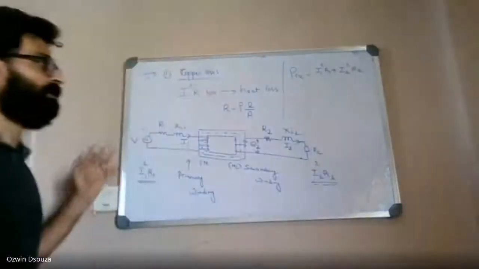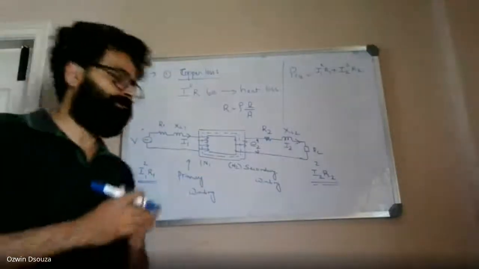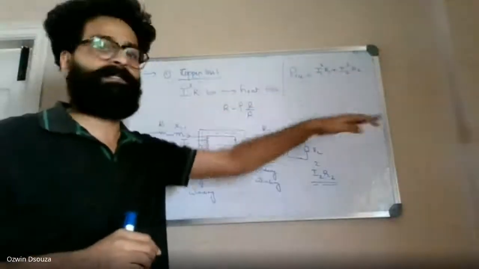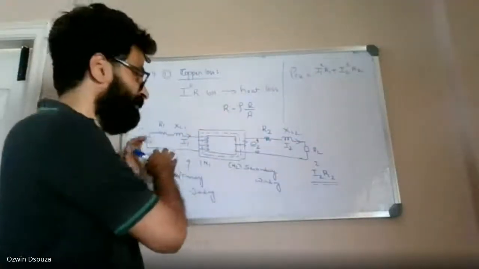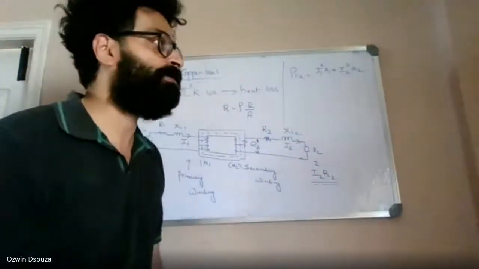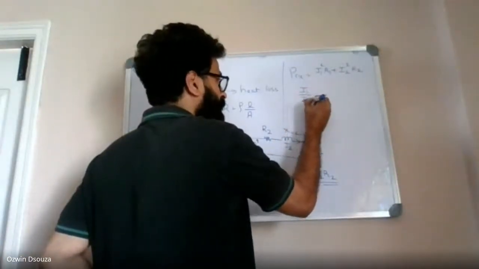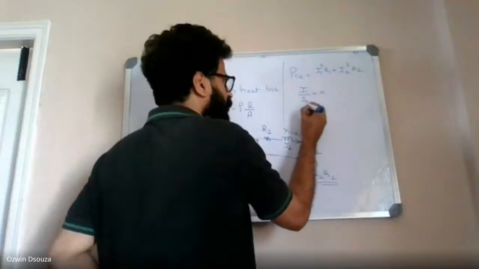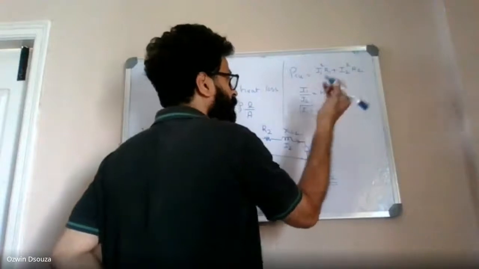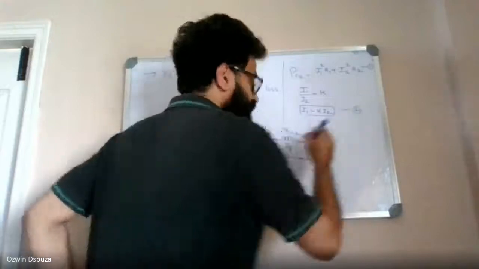Okay, the total loss. Now, normally in case of transformer, we either refer the resistances solely onto the primary side or totally onto the secondary side. That can be done by making use of transformation ratio. You have seen that transformation ratio I1 by I2 is equal to K, or you can substitute I1 is equal to K times I2. Let's take this as equation 1 and this as equation 2.